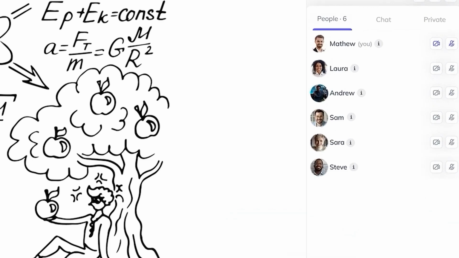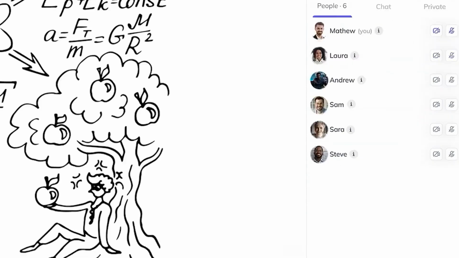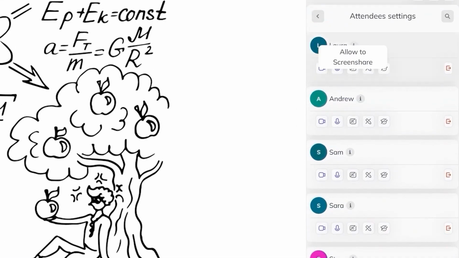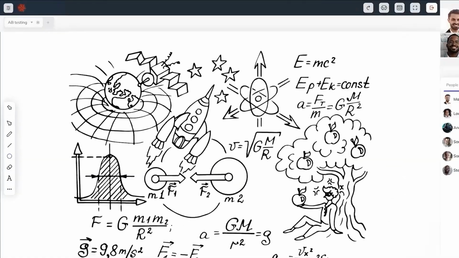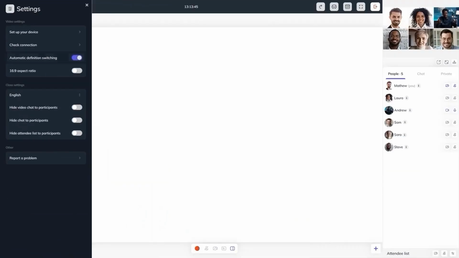Right there is the attendee name and a built-in chat feature for groups and private chats. Below the right is where the host can enable and disable the attendee's camera and microphone access. It's in attendance settings that the host gives each attendee permission to share a screen and collaborate on the whiteboard. In the upper left corner, you will find the settings option where you can set up your device and check